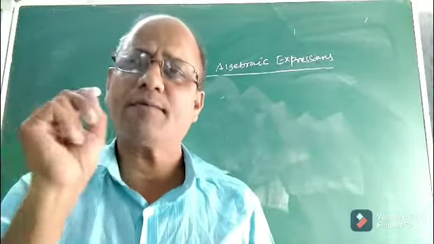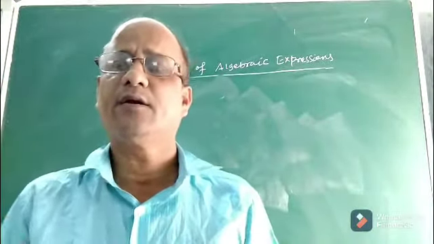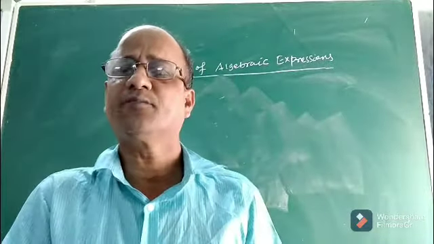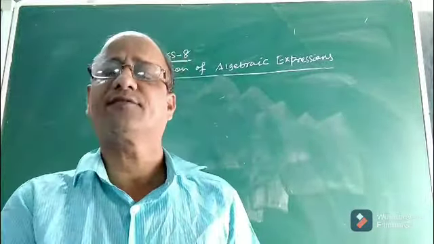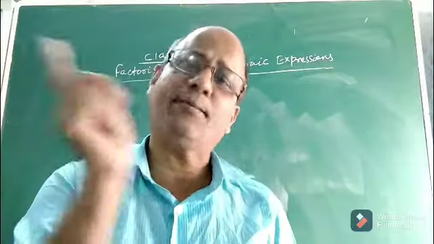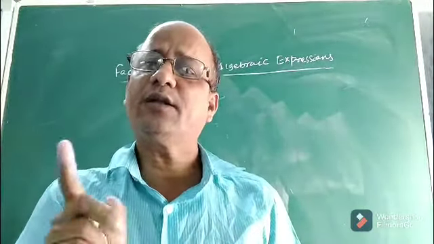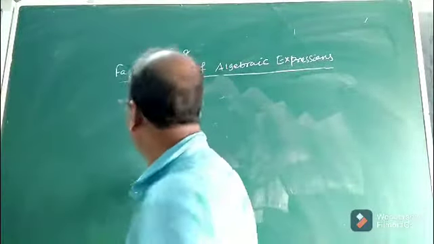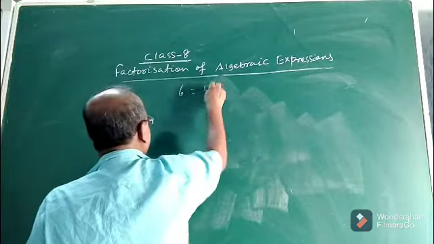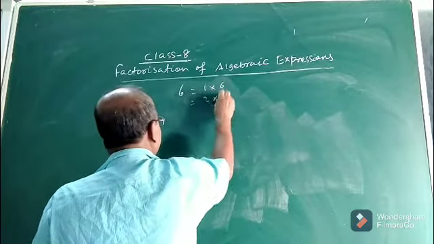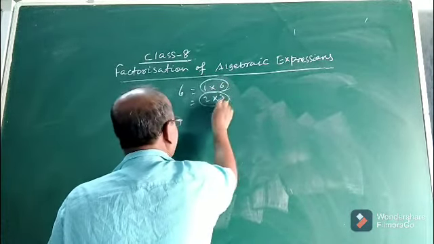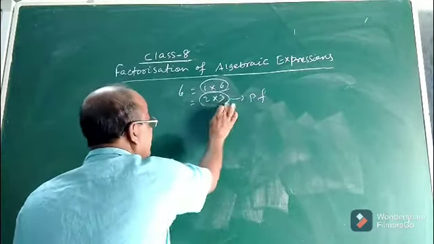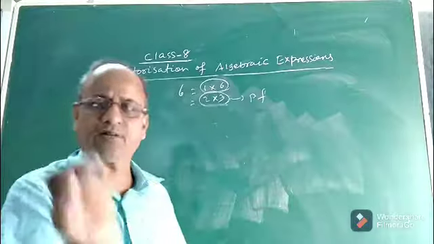Suppose I am giving one example. Suppose 6 is a number. Now if I ask you to factorize 6, you can easily say, sir, 6 equal to 2 into 3, 6 equal to 1 into 6. Okay. Here 1 into 6 is one factorization of 6. 2 into 3 is another factorization of 6. That means we can factorize 6 in two different ways. One is 1 into 6 and the other is 2 into 3. So this is one factorization, this is another, and this is the prime factorization of 6, no doubt, because it consists of only prime factors, that is 2 and 3.